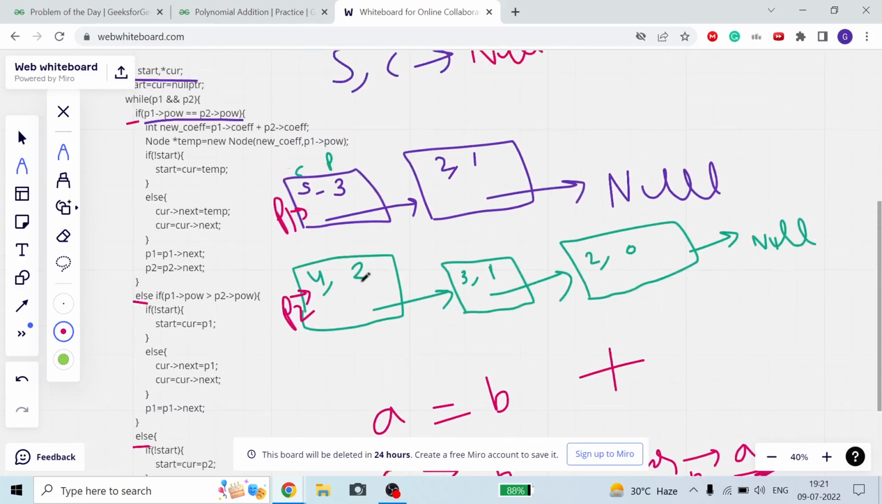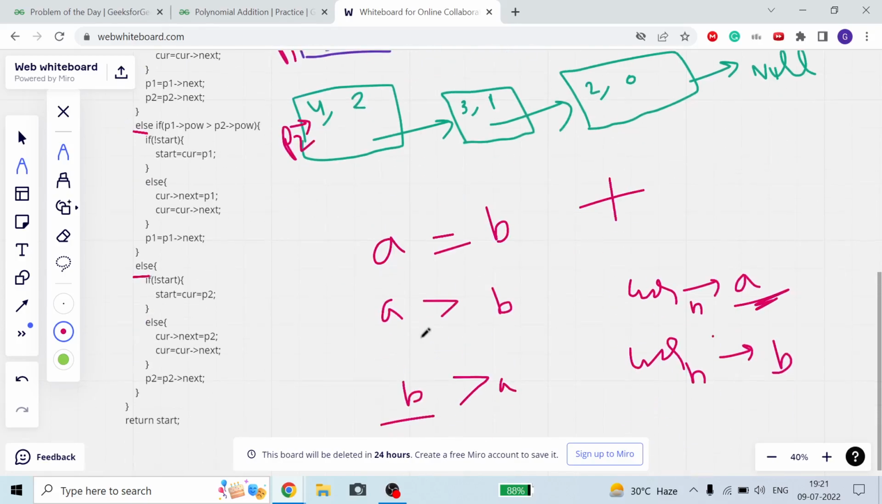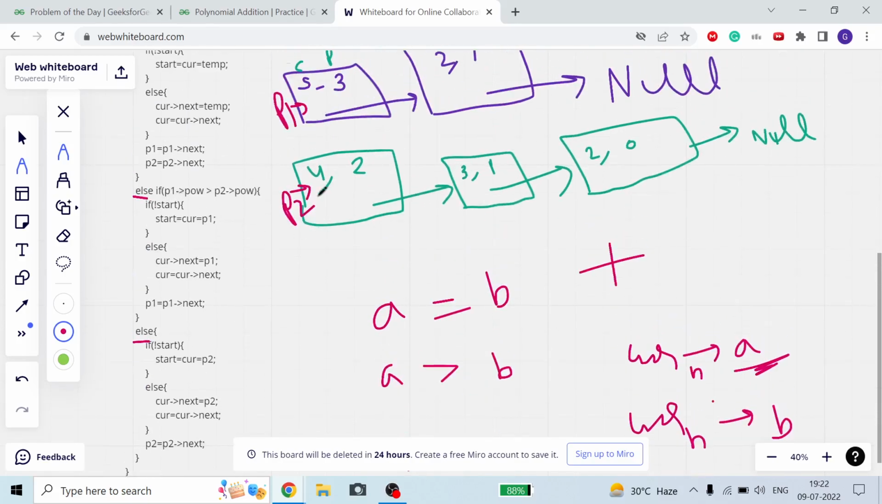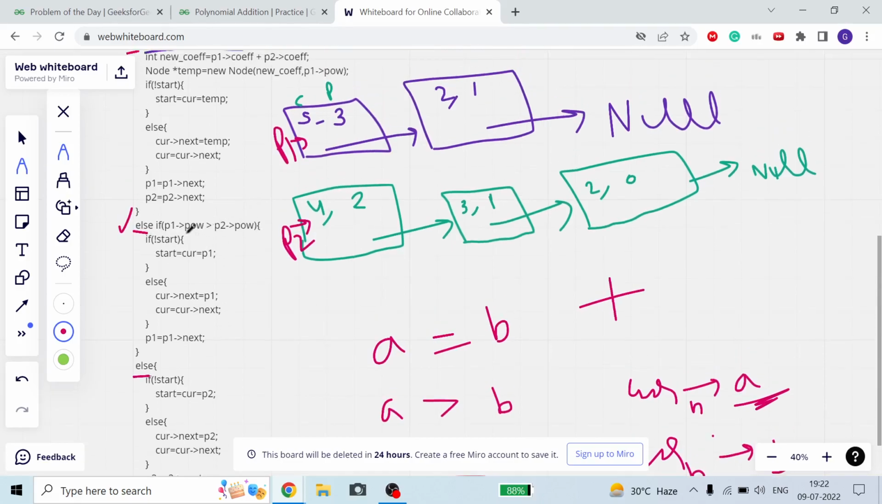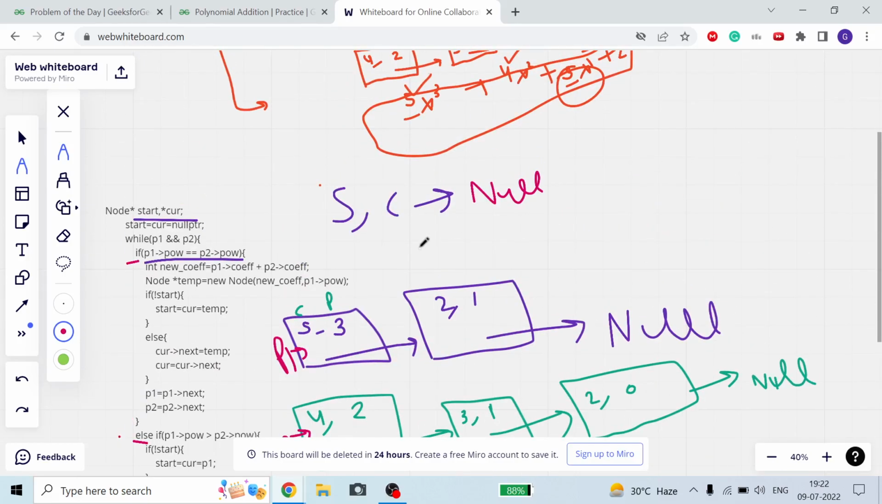So first of all, power 3, power 2, are the powers equal? No. So which condition is satisfied? P1 power 3 is greater than P2 power 2. Okay guys, so this first condition is satisfied. Now what am I doing? If start is equal to null, not start, then start is equal to cur is equal to P1. Then what I am doing,